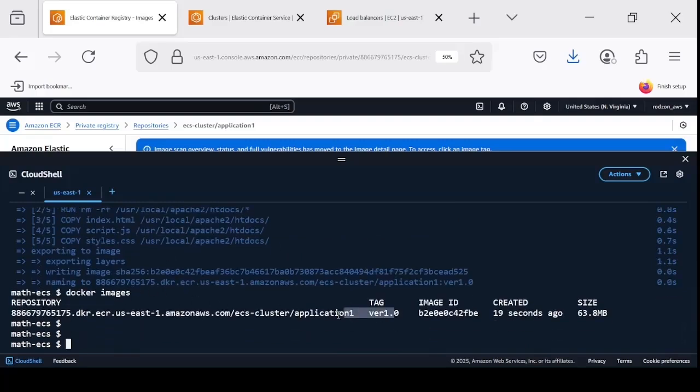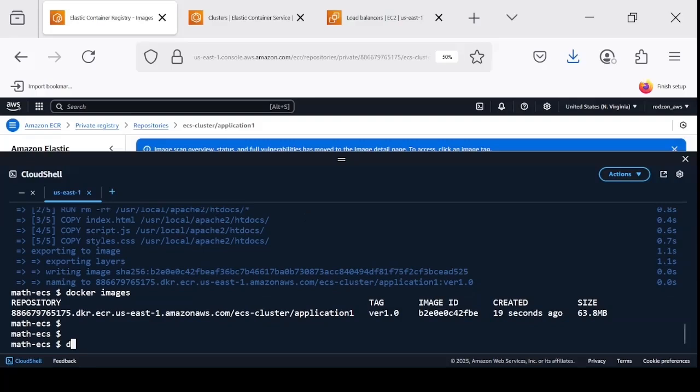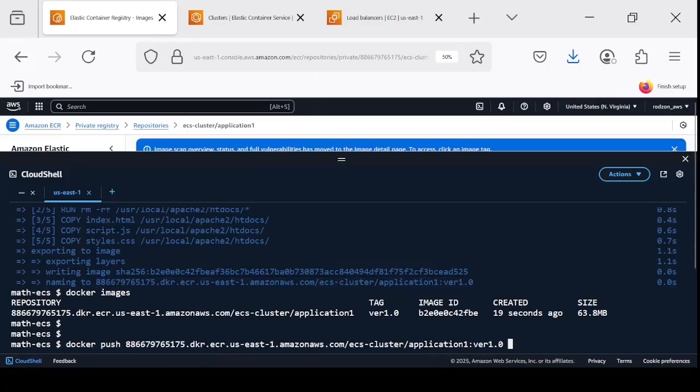Okay, one image. Push this registry. Okay, this is registry. Next. Okay,